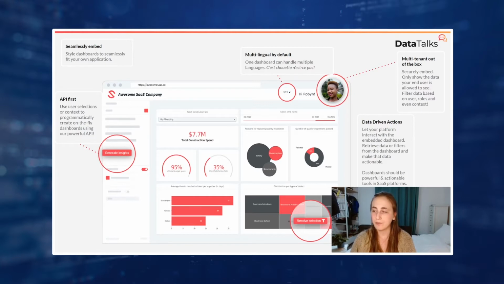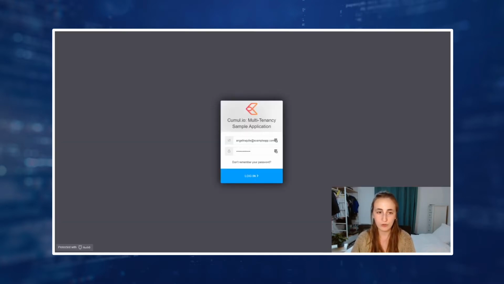And before getting into the next slide, I want to show you what we are going to end up at. So this application was developed by some of our solutions engineers to display how multi-tenancy and advanced customizations could be built with Kumulayo. So when you first go to it, you're greeted by a login page. We always have two of our trusty mascots in these types of demos, Angelina and Brad, Angelina Julie and Brad Potts to be precise. So if we log in as Angelina,